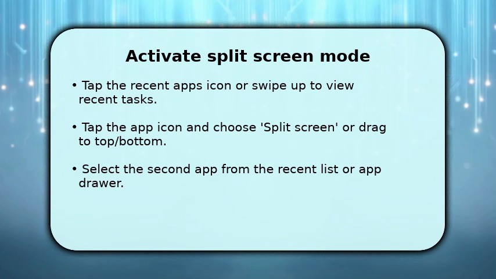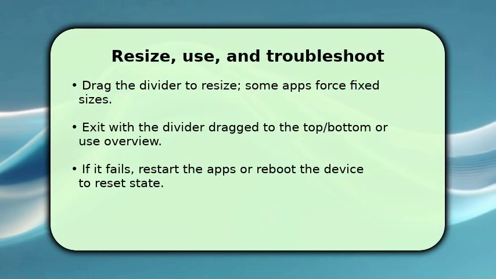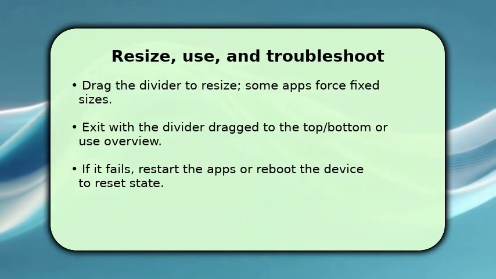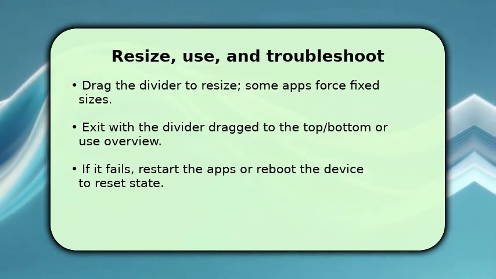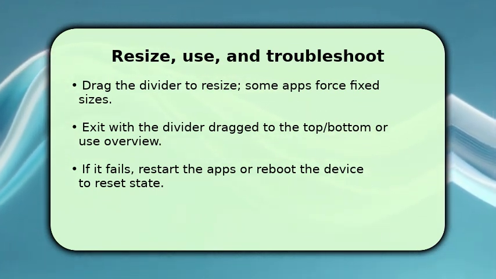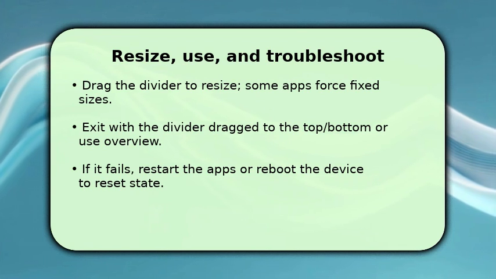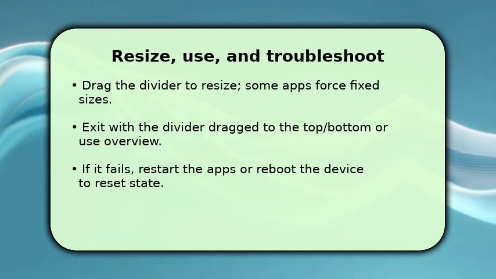Finally, adjust the split by dragging the middle divider. Move it to allocate more space to the app you need most, because some apps enforce fixed sizes and won't scale smoothly. To exit split screen, drag the divider fully to one edge or press the Overview/Recent button and close